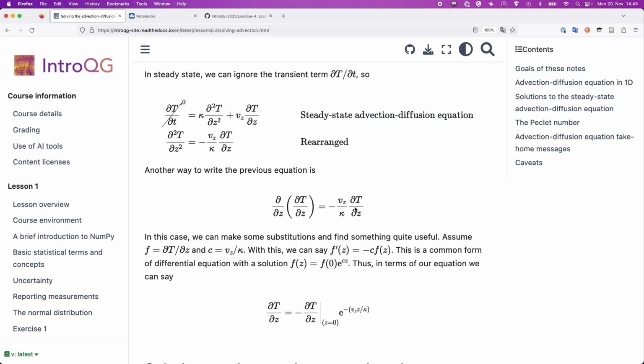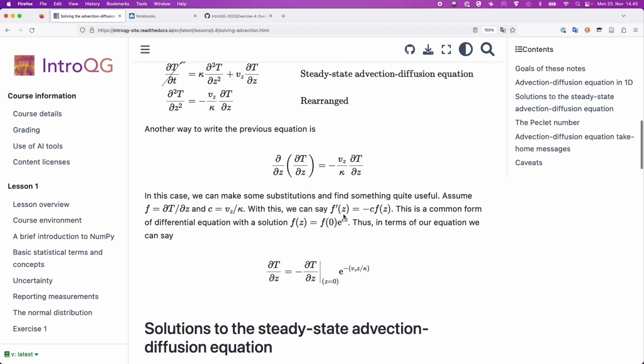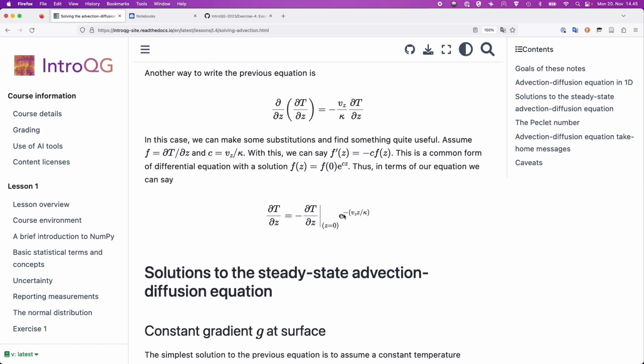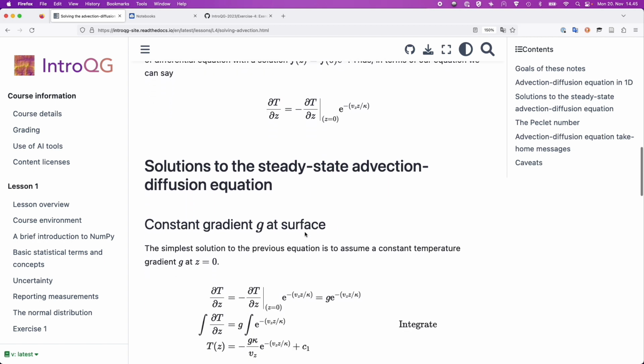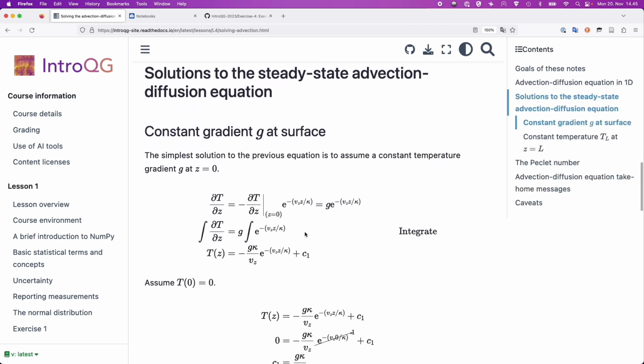And you can see there's a dT/dz on both sides here. And with a little bit of math, we can make some substitutions and come up with a version of our equation that's a differential equation that looks like this, from which we can start solving. So if you're interested to see that, you can go and look through the math here. It's not necessarily something that I feel is worthwhile to go through in detail